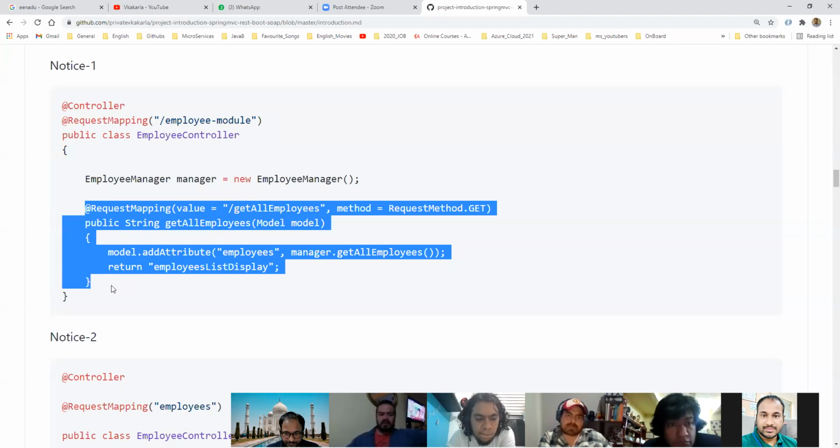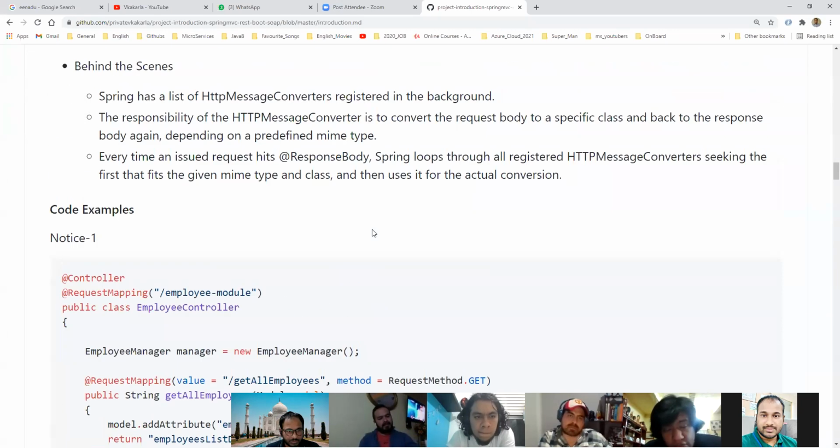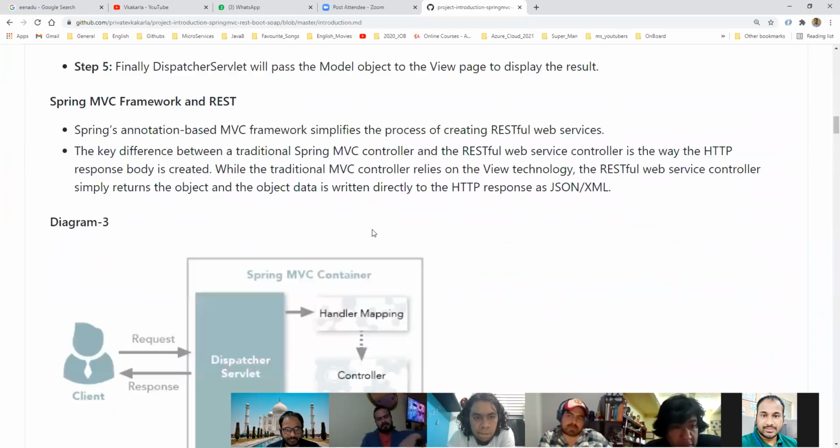Got it? Yes. For me it was transparent that everything goes into the context, because, for example, the names of the request mapping and the name of the class, everything has to be in the context of Spring. Exactly. So that is the reason.